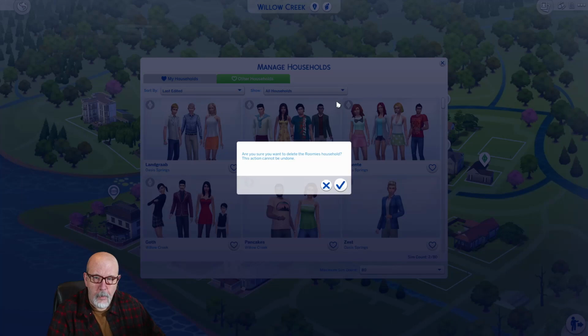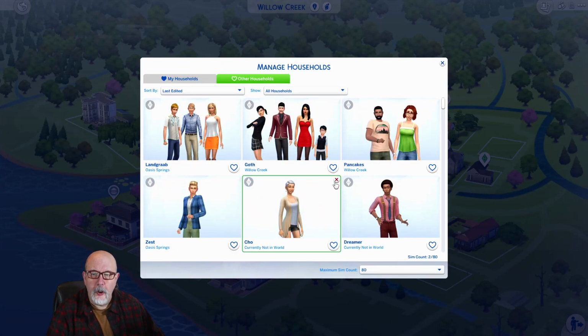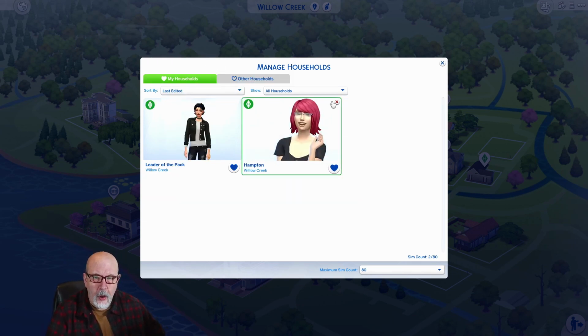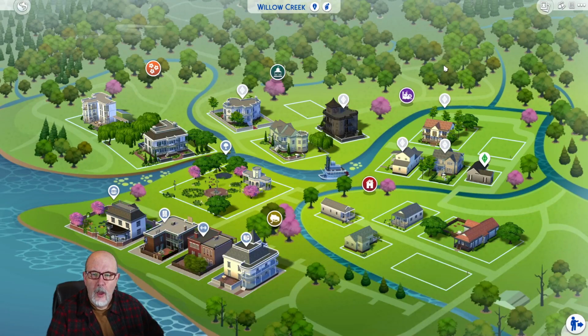Oops. Okay. So, we're just going to pretend you've seen me go through all those because you don't want to see me go through all those, right? So, we've done that. All right, here's our one household that we still have remaining because we need to have a household in order to access some of the menus. Okay, so now that we've eliminated everything there,